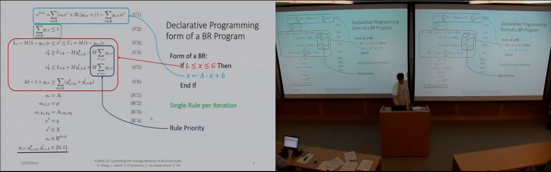So here it's just a set of constraints. So it's a constraint satisfaction problem that is equivalent to executing one instance of the business rules program on one input data point. So we can see that every part of the business rules program has an equivalent, and here we can look at the